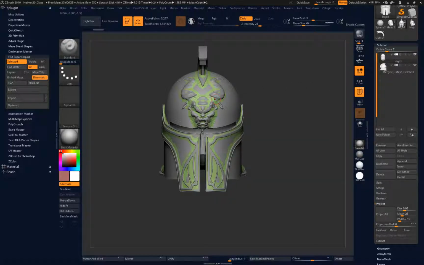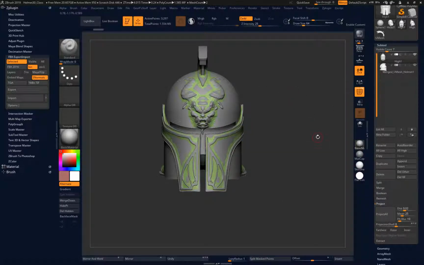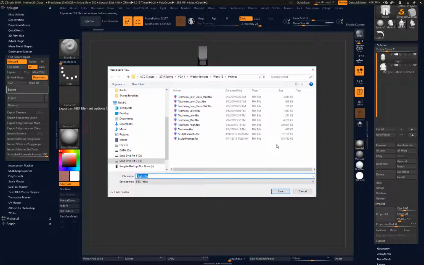Like, I don't have the beard pulled out. I meant to pull that out. We can pull that out later too. And that's not a hard thing to add in. So anyway, let's do this. Let's export this back out of here. So we're going to come over here, go export. Check my options real quick. Yeah, export. And I'm going to say low, and we'll call this